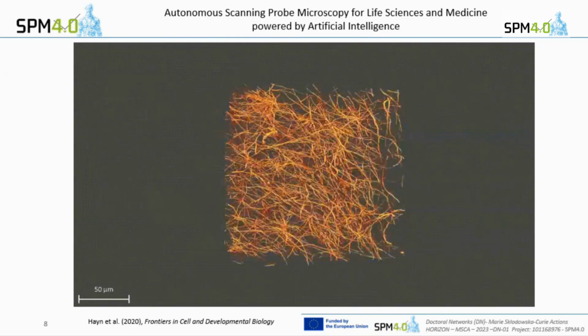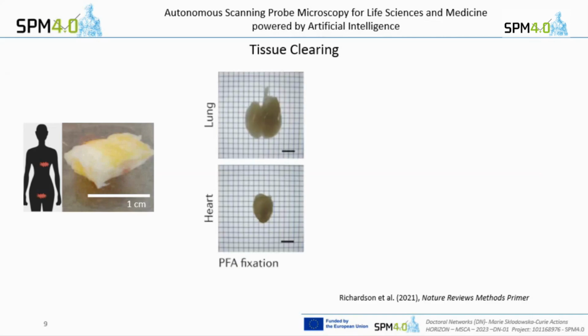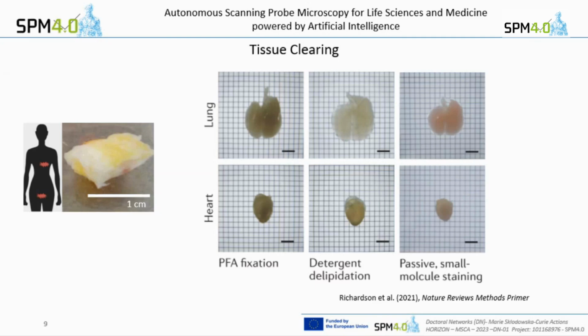And of course, if you want to do that in tissue, a few other challenges arise because usually chunks of tissue look like this. This is a piece from a breast tumor we got from pathology. So you have to make it transparent, which Anja also explained in the previous talk. So you have to first fixate it, then wash out the fat, and then do some staining, and at the end this